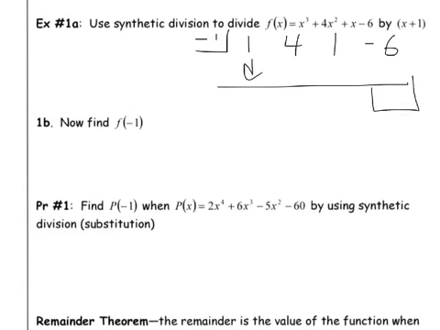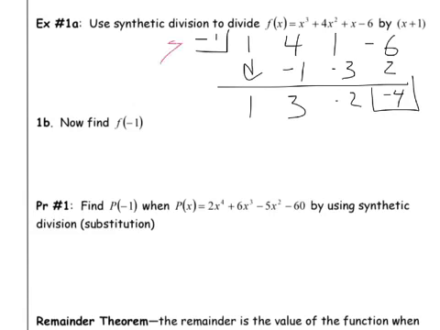Bring down the 1. 1 times negative 1 is negative 1. 4 plus negative 1 is 3. Negative 1 times 3 is negative 3. 1 and negative 3 is negative 2. And negative 1 times negative 2 is positive 2, which with negative 6 makes negative 4. Okay. Now, what I want to point out is,